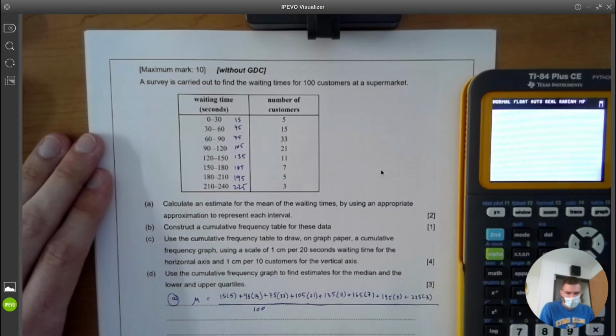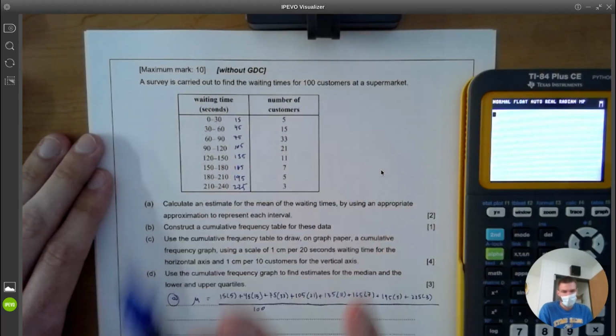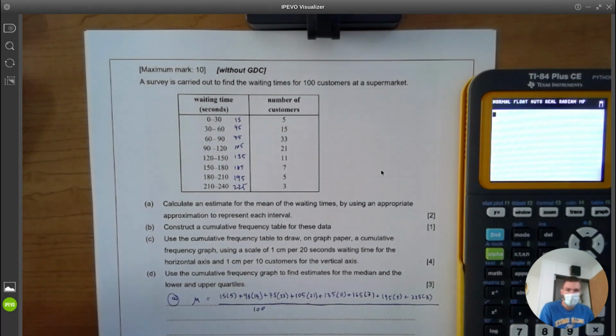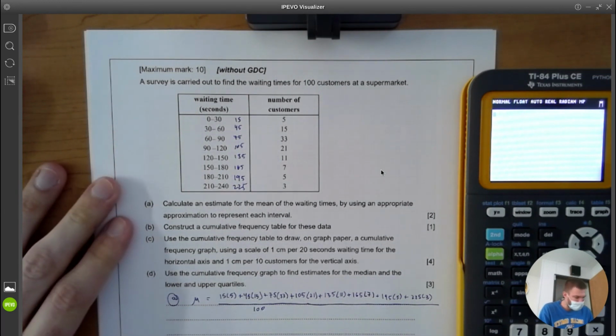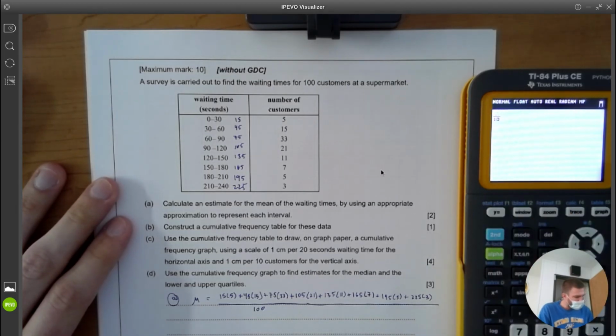Obviously, we need a calculator to calculate this. This is a graphing display calculator, meaning that we won't be able to use anything fancy, but we will have a really crappy 4-function calculator. So I'm going to go ahead and set this up with the alpha y equals, put a 100 on the bottom,